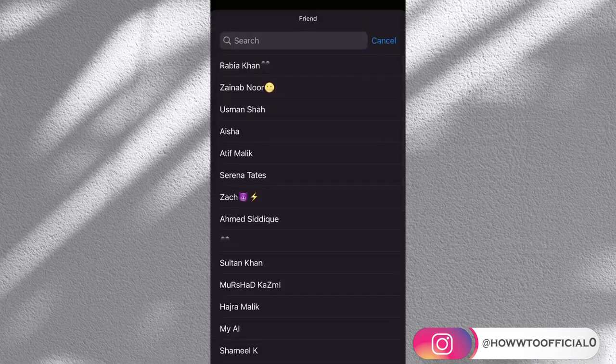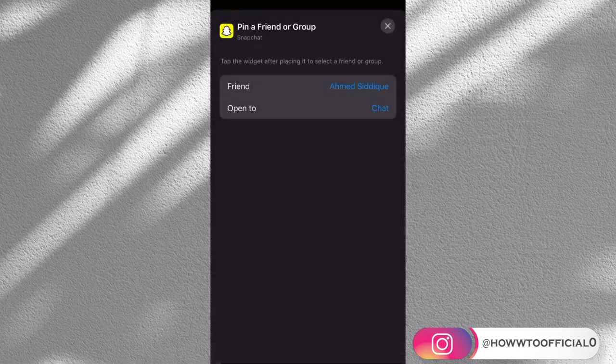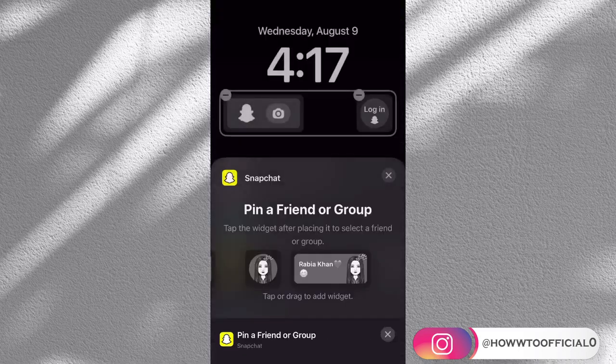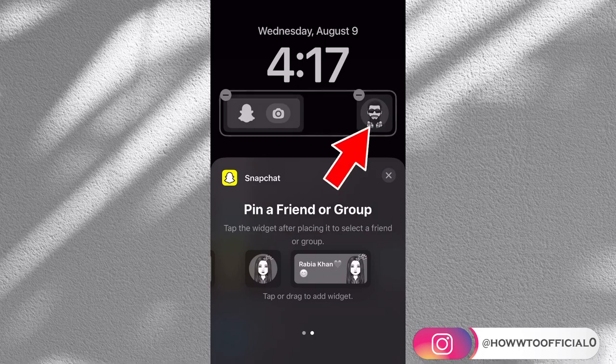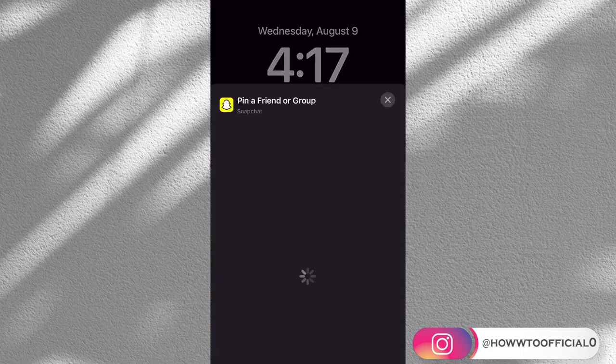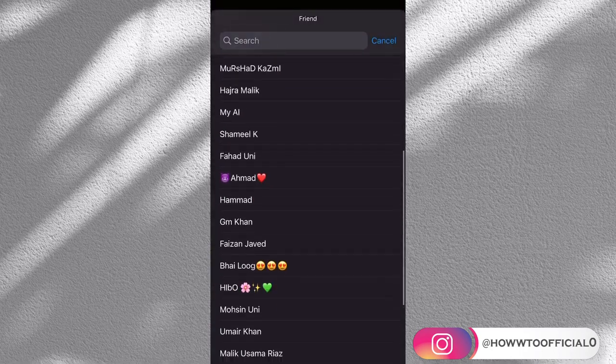Let me choose it from here. I have to select another friend from here, and after that close it. And now you can see that that friend has been replaced and I will be redirected to this specific friend's chat. You can also select any group from this list if you have joined